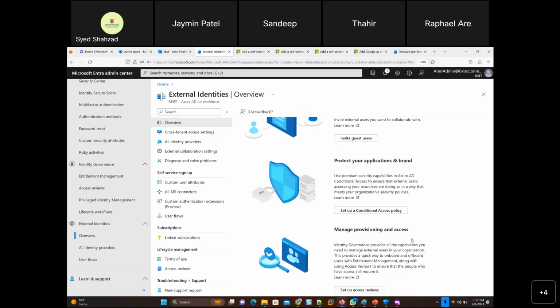Manage provisioning and access. Identity governance provides all the capabilities you need to manage external users in your organization. So we have gone through identity governance. Main things are access package, access review, PIM, which is privileged identity management, and within PIM, JIT, just in time. So you have to put this in your resume.